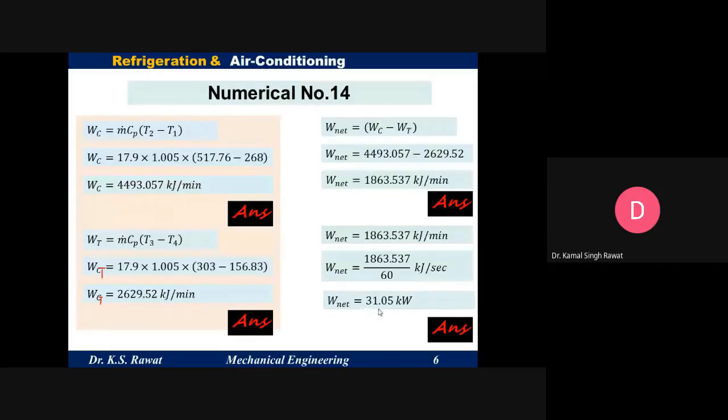refrigeration system. Okay. Now we have to also calculate the value. We have W net and we have also the value of refrigeration effect. Can you calculate the value of COP? Or you can calculate the value of COP by the simple formula 1 upon R to the power gamma minus 1 upon gamma minus 1. Calculate the value of COP. Sir, 1.074. 1.074. Okay.